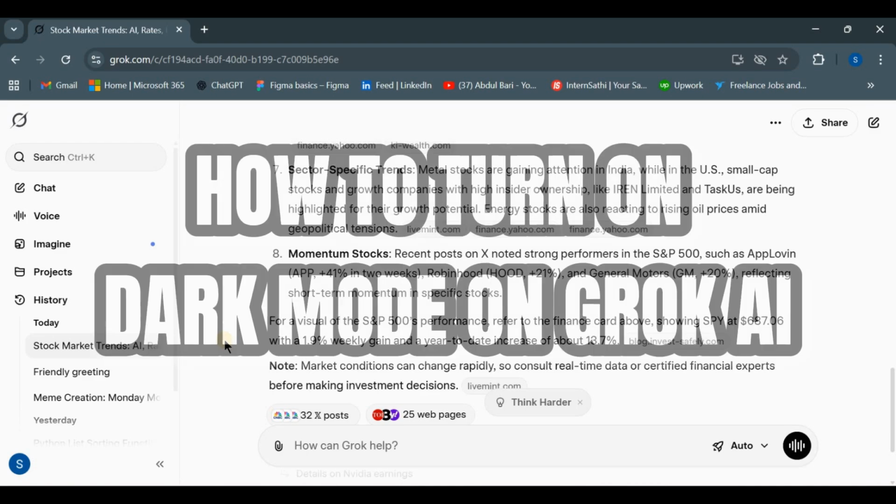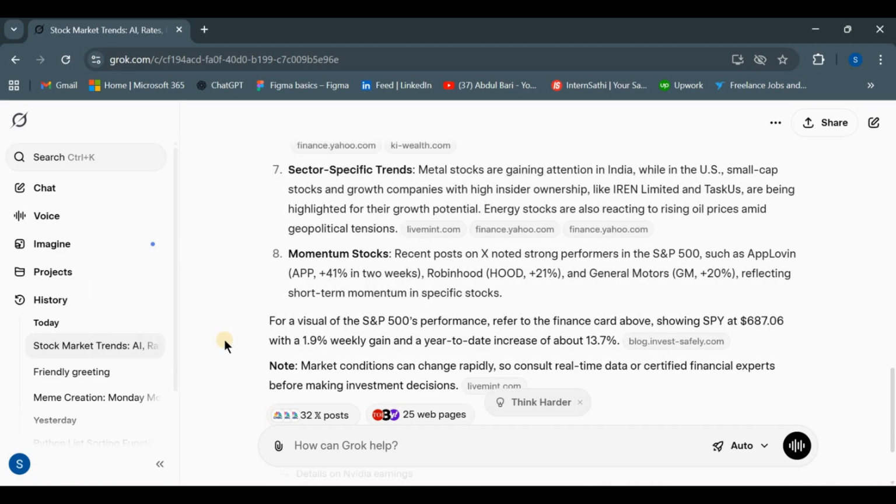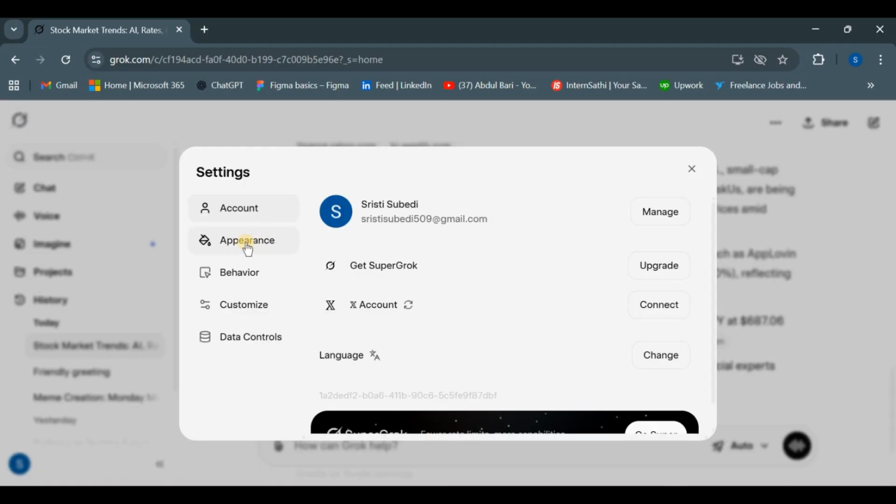How to turn on dark mode on Grok AI. Prefer a darker, easier on the eyes theme? Here's how to switch Grok AI to dark mode. First, open X and head to your display and accessibility settings, or you can go to the Grok AI website directly